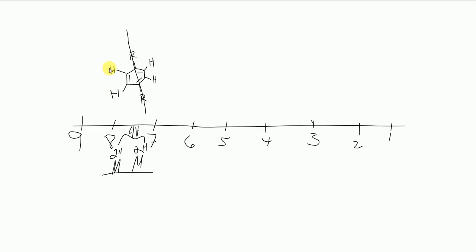The things on the top are the same. These hydrogens are both next to this R group, so this and this are the same. What that means is that I have a total of 2 hydrogens here. So this means 2 hydrogens,